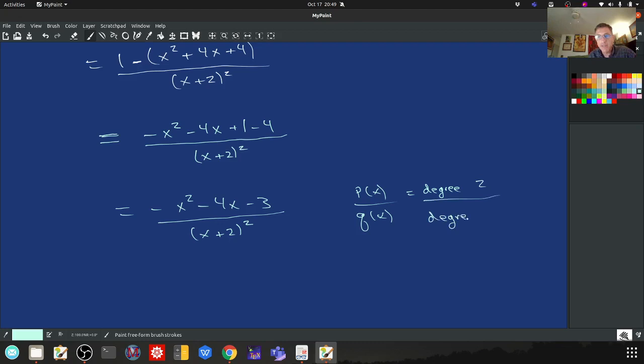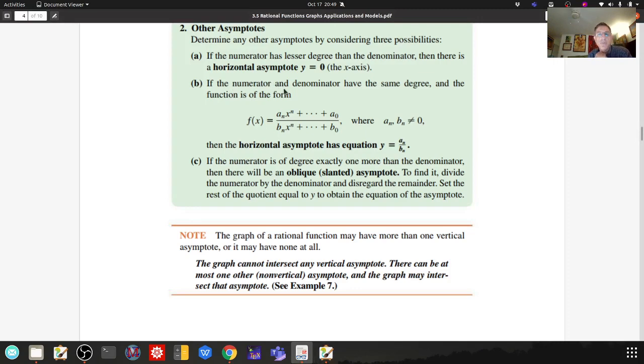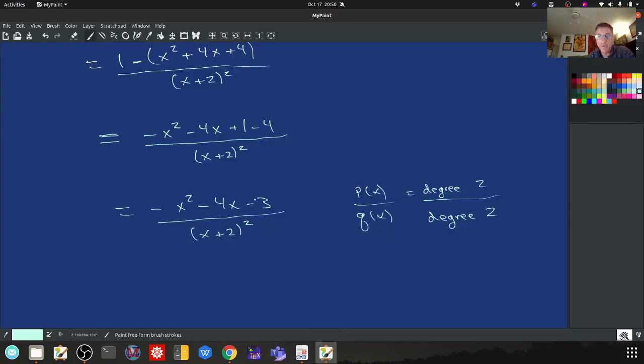So that takes us to our next case. If the numerator and denominator have the same degree as they do here, and the function is of the form f of x, we don't have it in that form yet, but we're going to convert it into that form, then the horizontal asymptote has equation y is equal to a_n over b_n. So let's actually take it to that form. So all I have to do is expand